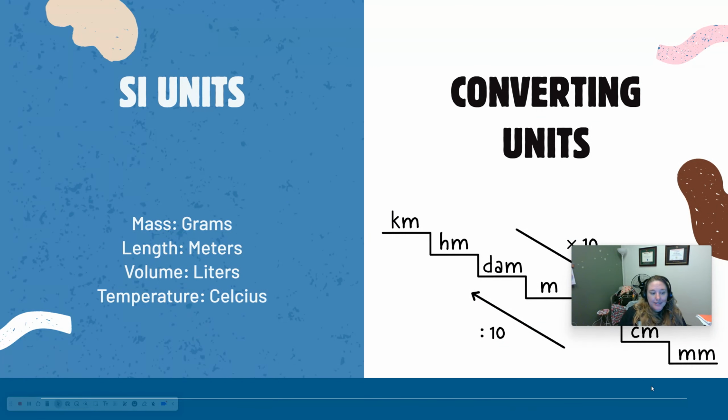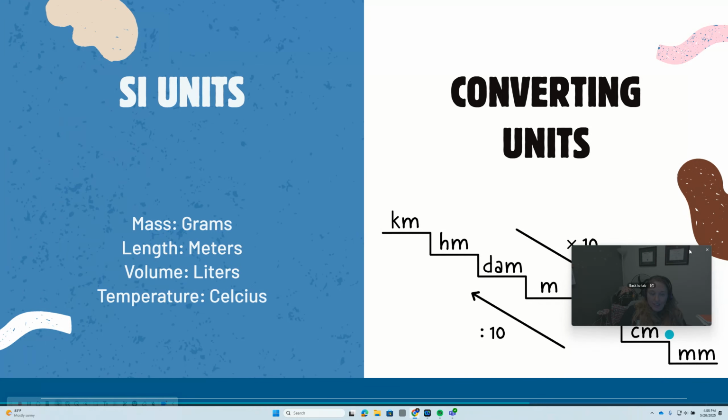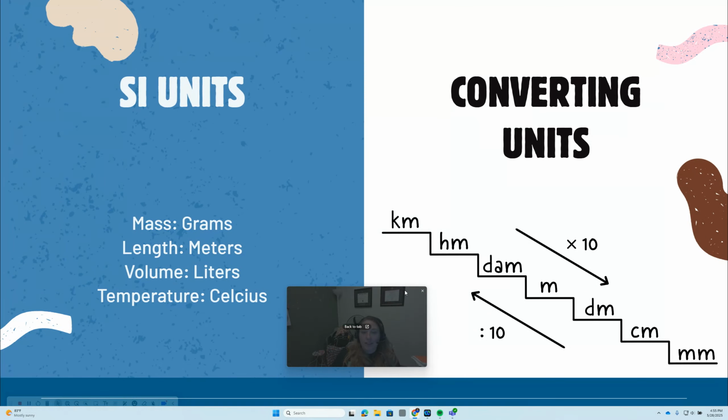Then, of course, in lab this time, we're going to be looking at our SI units. In order to measure mass, we are going to use grams, length is meters, volume is liters, and temperature is degrees Celsius. Everything except degrees Celsius can be converted using our little jumpy ladder method. I like King Henry